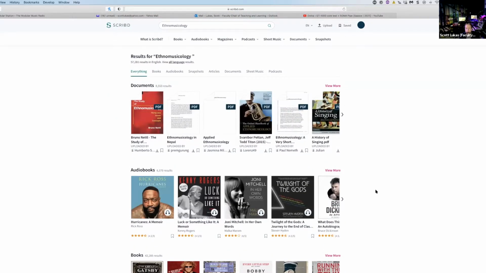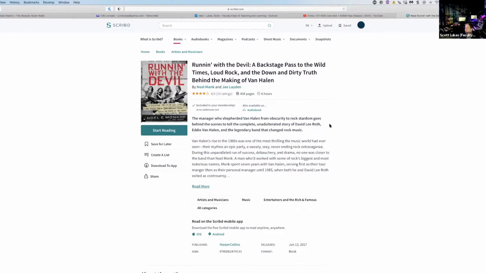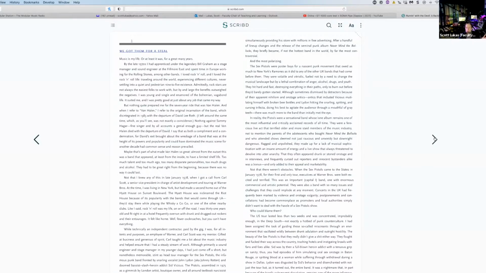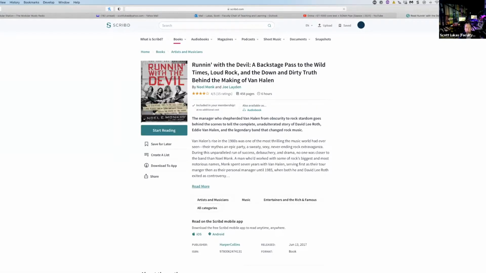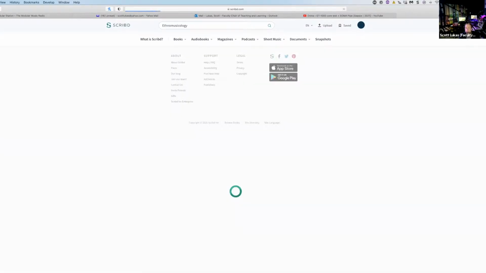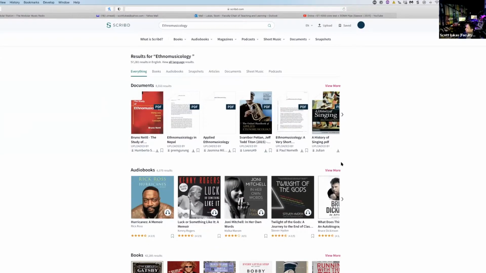So we have documents, we have audiobooks, we have traditional books, and these traditionally will be ones that you cannot download as, say, a PDF. When you click on it, you will be able to read it as long as you actually have a subscription to Scribd. So this would go away if your paid subscription goes away. But you could see right here, this is the format. It's really easy to read. Again, you can use these on your EPUB reading apps that you might have on your tablet or your phone. So books are very easy to interact with because they are easy to just read in the format that they're